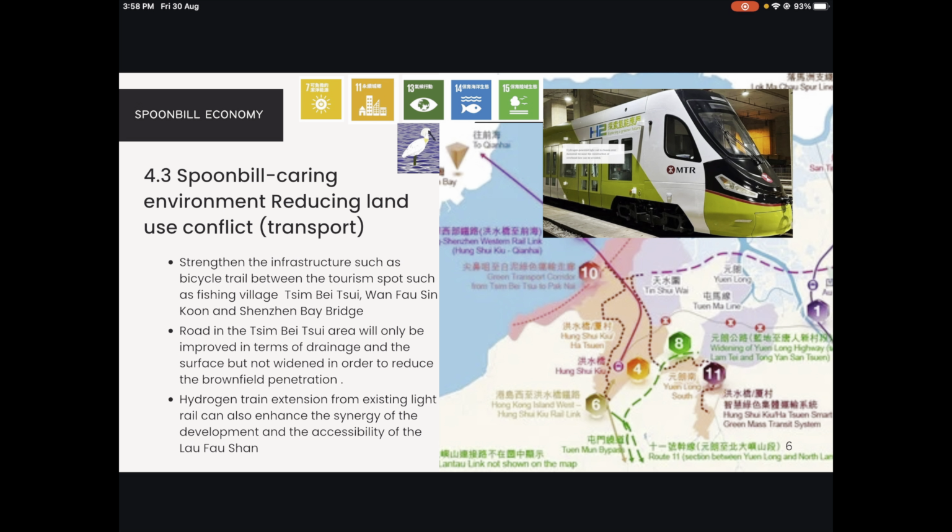The first planning principle should be reducing land use conflict in Lafoshan. Roads in the Zinbeizhe area will only be improved in terms of drainage and the surface, but not widened, in order to reduce the brownfield penetration. A hydrogen train linked with the existing light rail and cycling path extension can also enhance the synergy of the development and